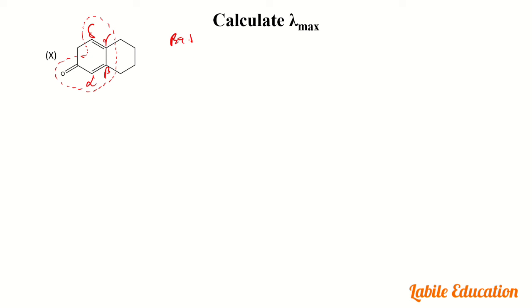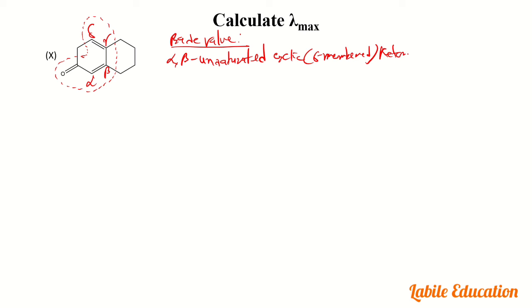So the base value for alpha beta unsaturated and cyclic, what membered? Six membered. This is a six membered ketone. This is the example of a ketone. So 250 nanometer will be the base value. Now the increments